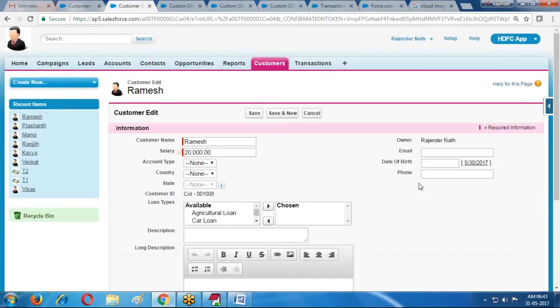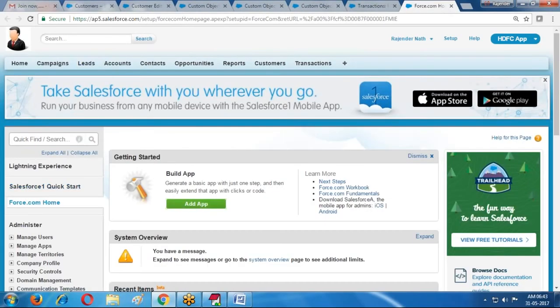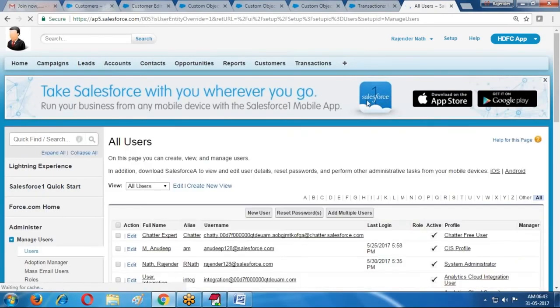Suppose one more user is there in my organization. Anudeep is the user.